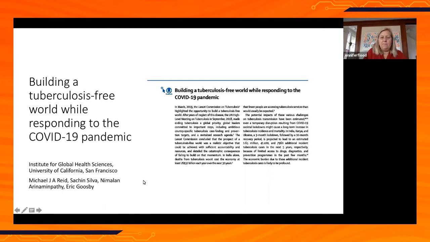This is an article that was published by UCSF, where I also work, really talking about how there's an opportunity, a positive opportunity for synergistic efforts. So we know that TB and COVID affect the same vulnerable populations and have a much higher severity and mortality in the older persons and those without health care. And so what we want to do is not go into communities, do extensive outreach, and really address only a single disease. We've learned that lesson with HIV and TB, and we want to think TB while we're thinking COVID, and make sure that the resources that are